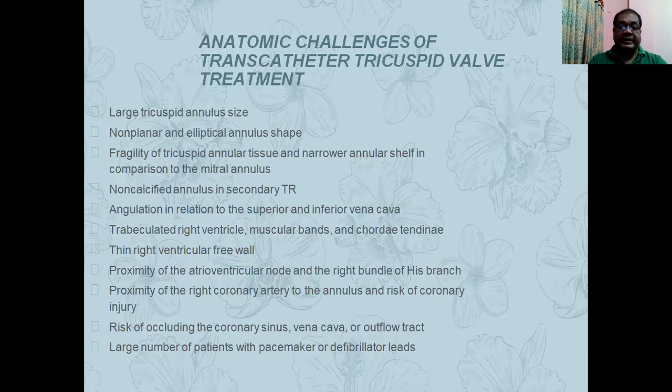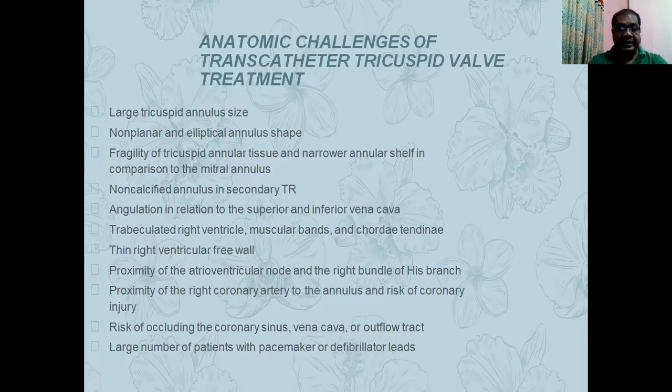So the transcatheter valve cannot anchor very tightly and strongly to the annulus, and there is a chance of displacement or dislodgement. The annulus is non-calcified in secondary tricuspid regurgitation. Even after tricuspid regurgitation, the valve annulus is not calcified, so it doesn't hold the anchoring elements of the transcatheter